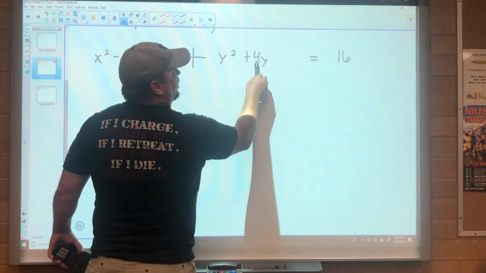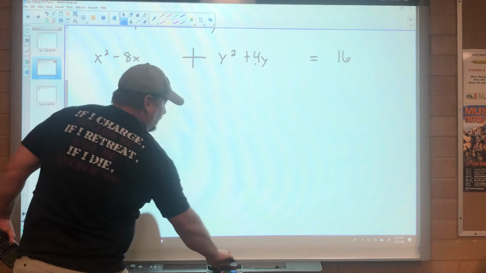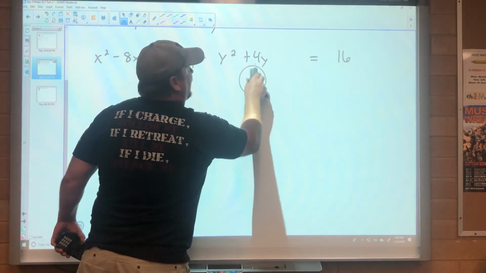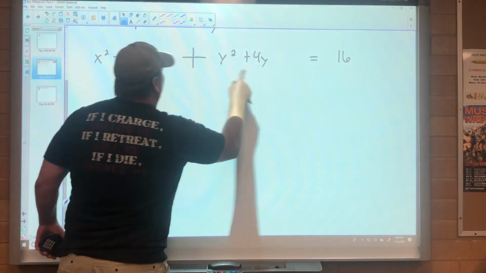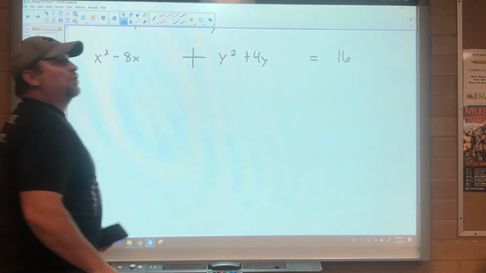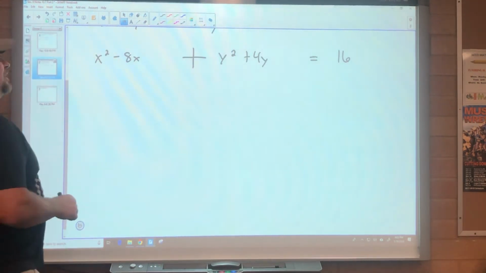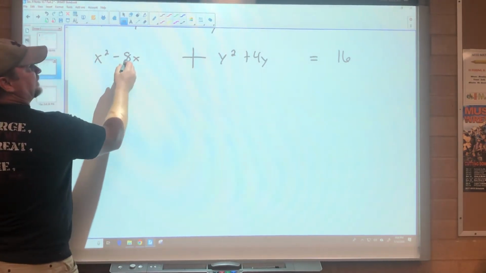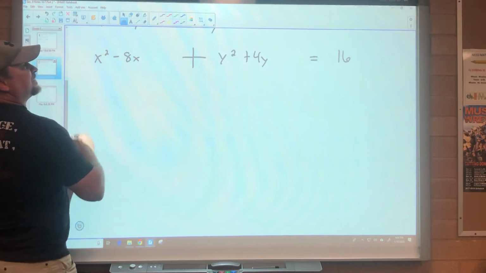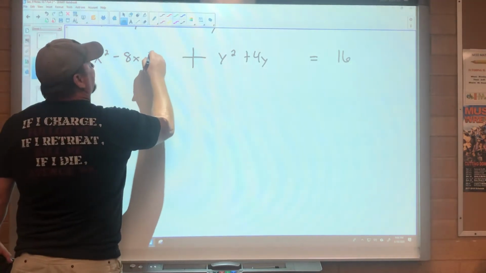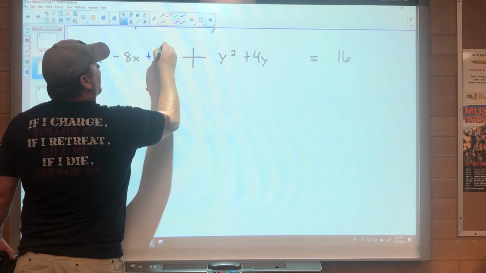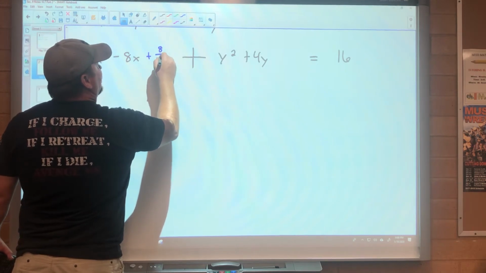This is the b term, because that is the single variable, y. It's either y or x, and that's the b value. To complete the square, watch what you do. You take half of it. Half of it is 4, but we'll just write it out. Plus 8 over 2